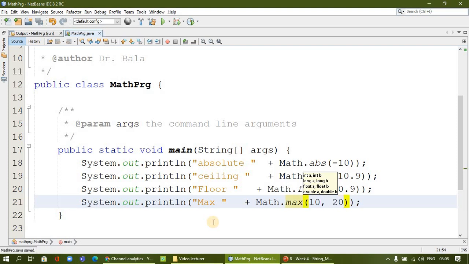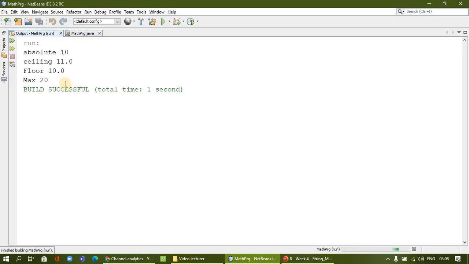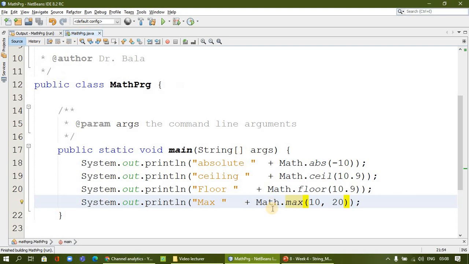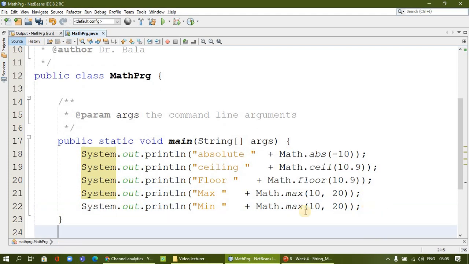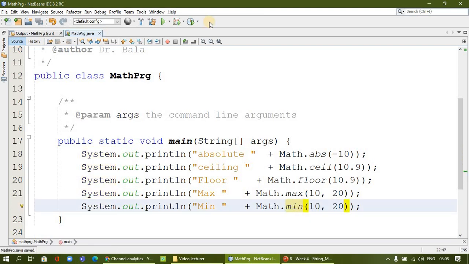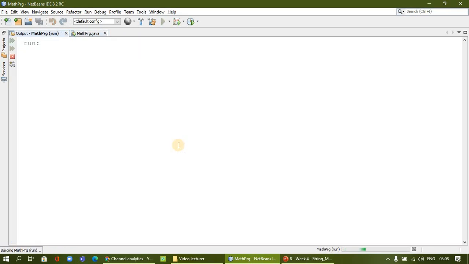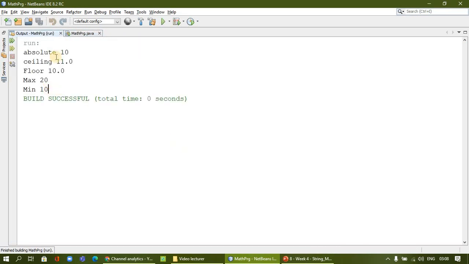What is the maximum number? It is 20. So whatever the maximum, the larger value will be returned by this method. In the same way we can also go for minimum. I will change the method to min. So what is the minimum? Now it is 10. Minimum is 10.